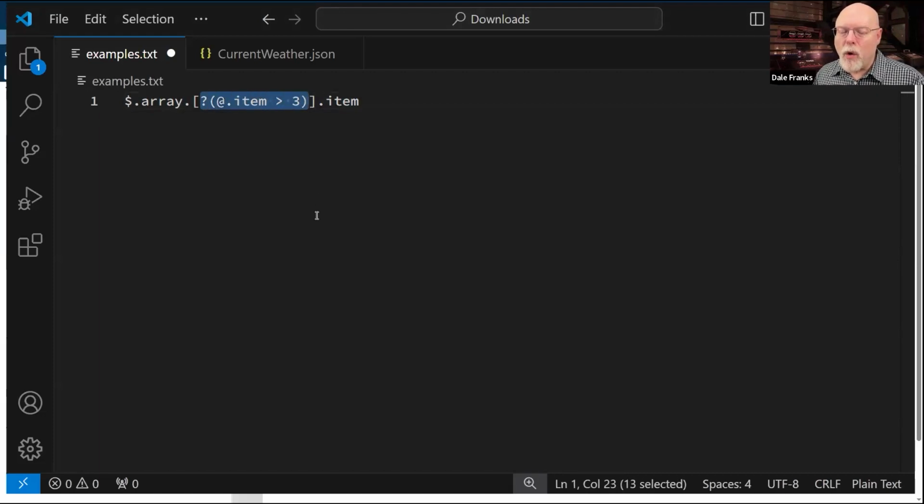This is a query that basically says, I want you to look inside the array, and look at the index for each item, and pull me the index for each item, basically the top 3 items that are in my index.